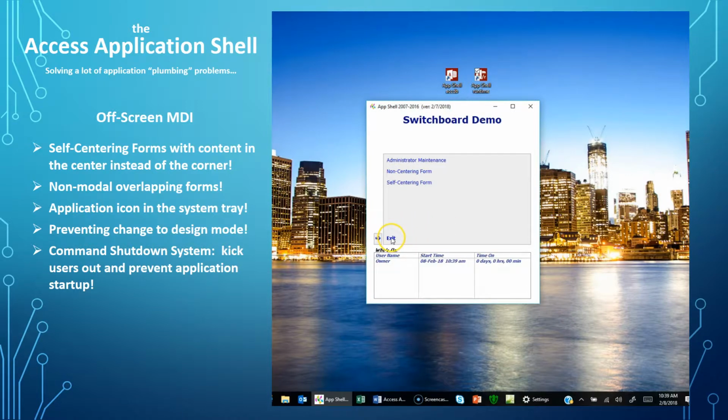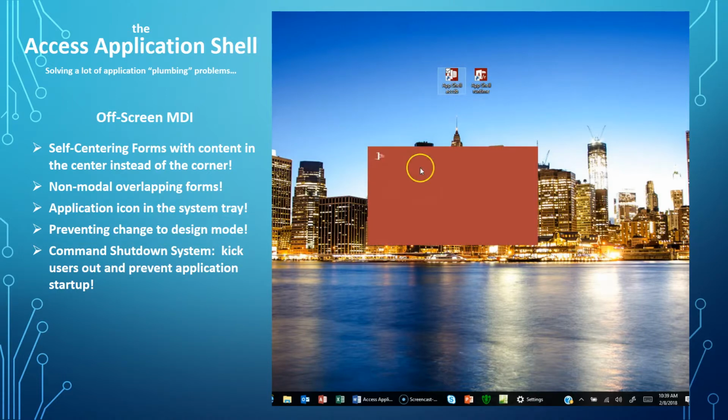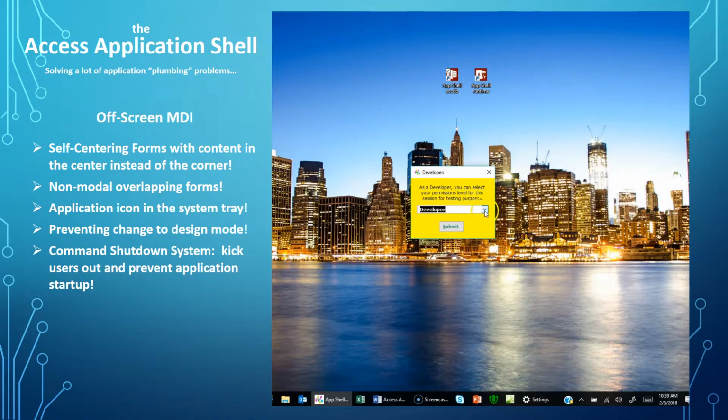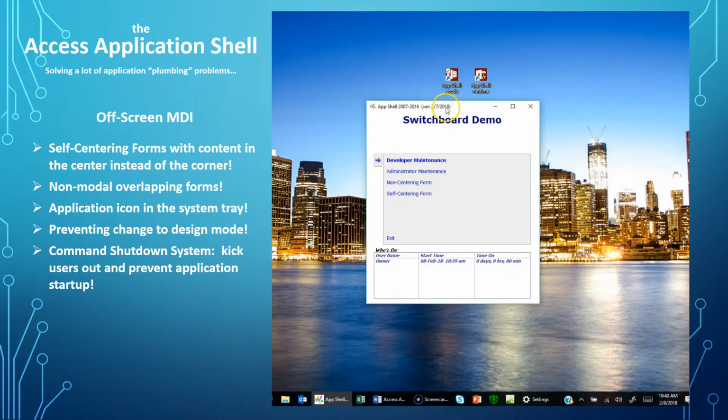So let's go ahead and go out, and this time we're going to go in as a developer in full access. We're going to go in as a developer, and as you can see, we get the notice that we're supposed to be in enforced runtime, but as a developer we have the option to run it in full access. Do we want to continue? Yes, we do. As you can see, we have our version and our application name in the title bar of